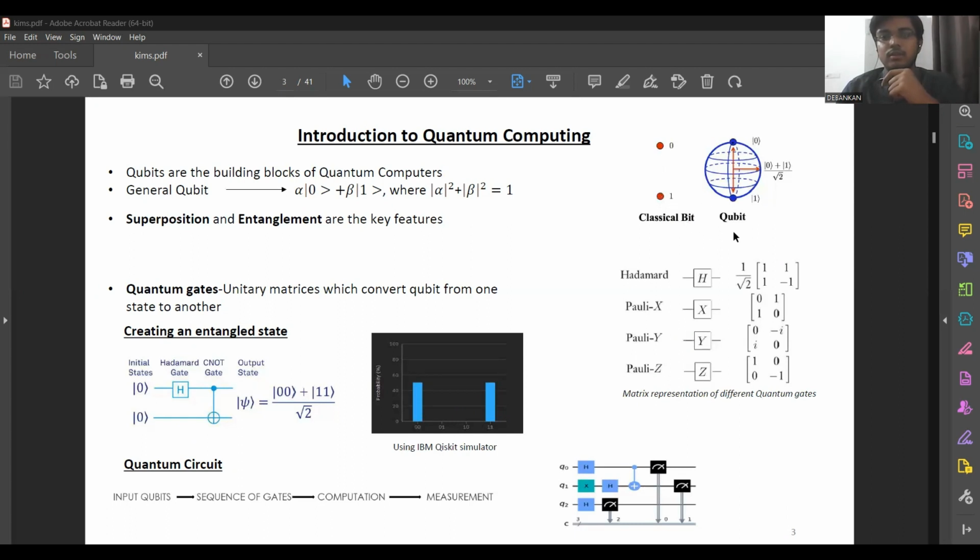Whereas in quantum computing, we can have a superposition of state 0 and 1, as well as any superposition in between. Like (0 plus 1) by root 2 is also a valid state of a qubit. That is, there is a spectrum between 0 and 1. So this superposition is a key which is giving